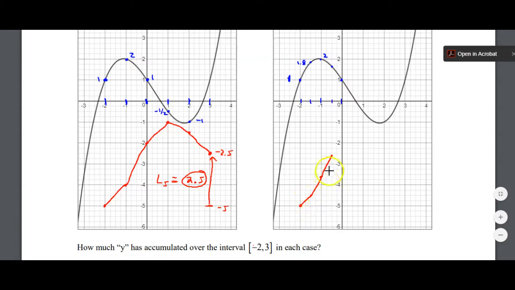I'll let you guys finish this one out. This may or may not come out to be the same. It may be slightly different than 2.5. You may get exactly 2.5. It just kind of depends on how accurate you are with your estimation and your sketch as you go. So it should be somewhat close to the 2.5, but maybe not exactly on there. As you use more subdivisions, you're likely to get a different answer as you keep going. All right, we'll go ahead and leave that one